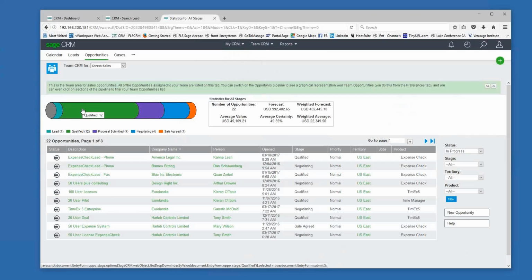How do we, as a sales team, look at our opportunities and their statuses with sales management? How do we, as a team, determine our proficiency or look at our forecast or look at our weighting averages? What you get here is that ability to come through and look at all the ones that are qualified, all the ones that you have proposals submitted, all the ones that you're in negotiations with across the entire sales team,